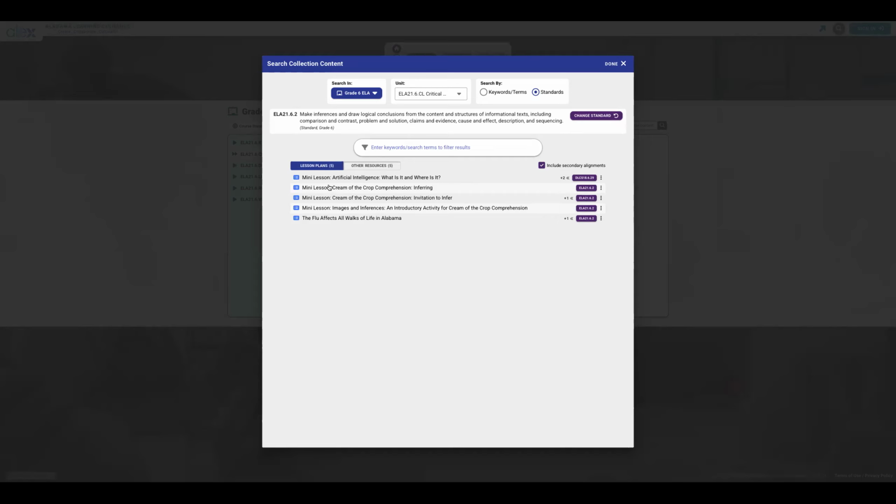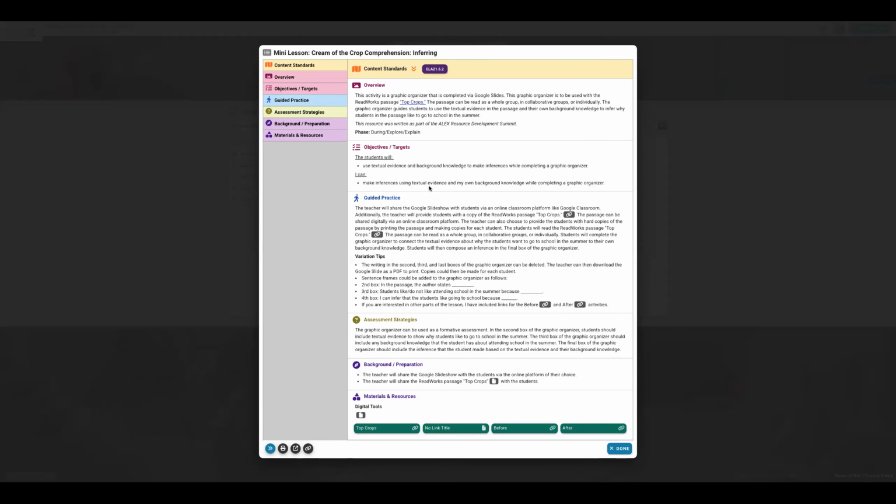So I'm going to click on one of these to kind of show the different parts of a lesson plan. So the first thing that you'll see is the standard up at the top. We have a summary of this mini lesson. You'll notice that because this is a mini lesson, it is just a part of a lesson plan. So this is the during or kind of the core of a lesson, meaning if a teacher were to use this in his or her classroom, they would need to put an introductory activity before this mini lesson and a conclusion or wrap-up activity at the end.